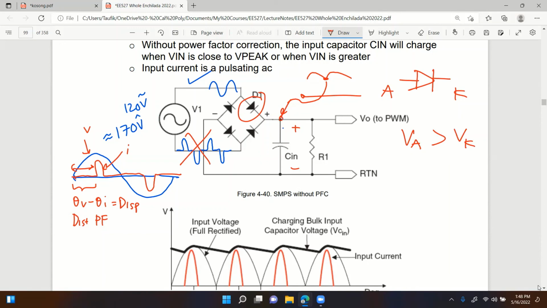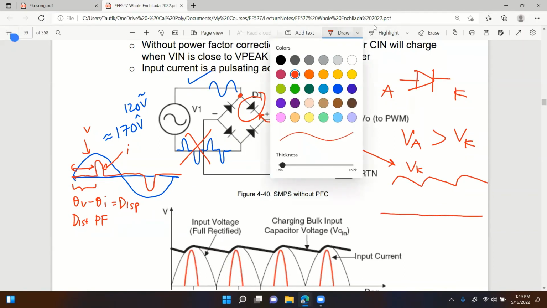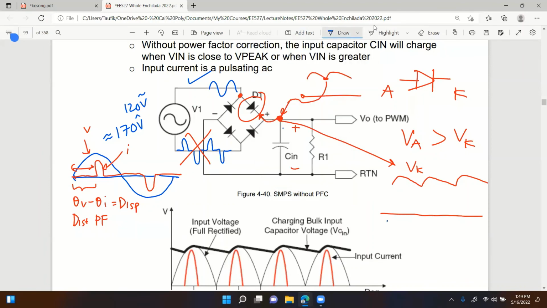So the voltage at that node looks like this, whereas the input voltage, the anode, is the same as the cathode voltage of the diode. Look at the anode of the diode. The anode follows the source voltage. The source voltage is a sine wave, so a sine wave goes like this,